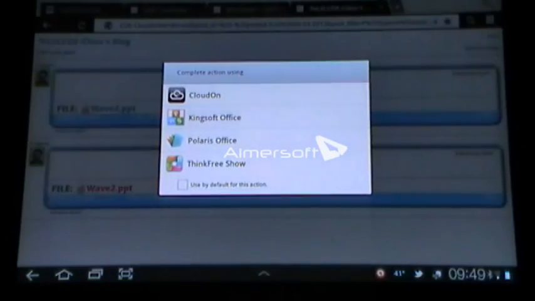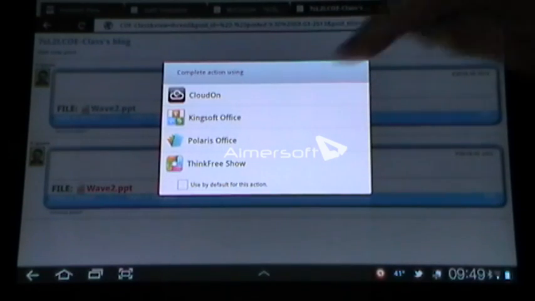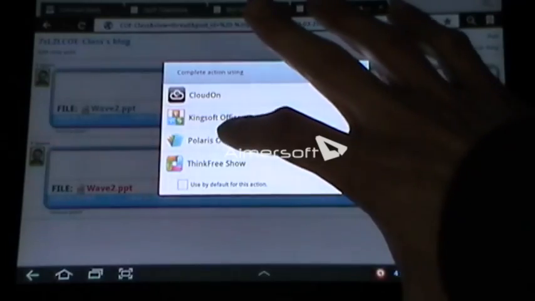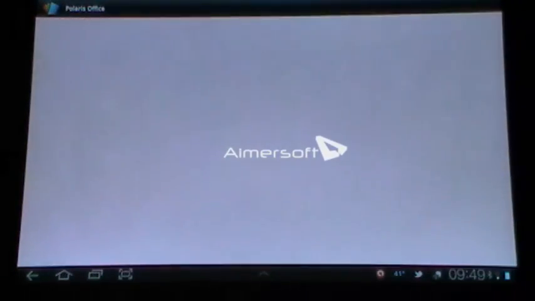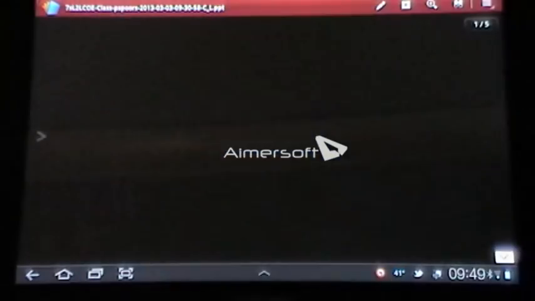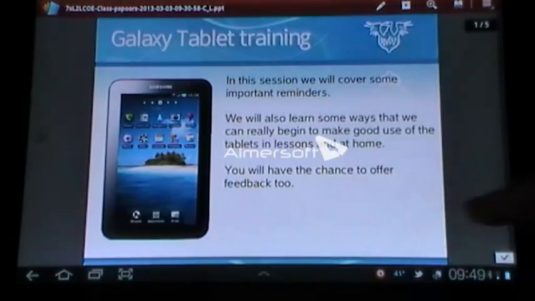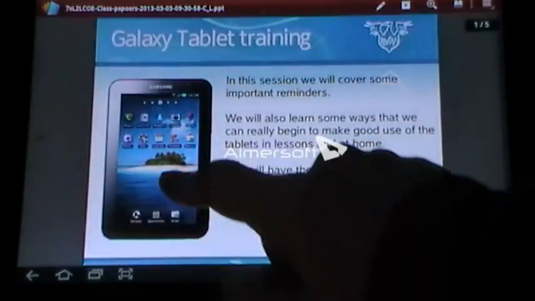So if I click on that, I have a choice as to what I want to open it in. Now the editor that you will have on your tablets is Polaris Office. That's the one I'm going to show you. So if I hit Polaris Office, it will open up that presentation in Polaris Office. You can see it's the same presentation that I've used with you in this session if you're in the Galaxy Tablet training session. Now I have all the different slides here,